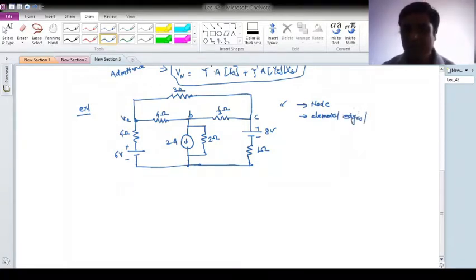This is the proper word, edges or branches. Okay, so for that, give the names to it. Already two nodes we have given. Suppose this is my node A, B, C, and this is my O. Okay, now let us draw the graph of it.